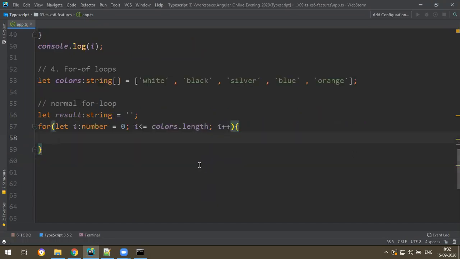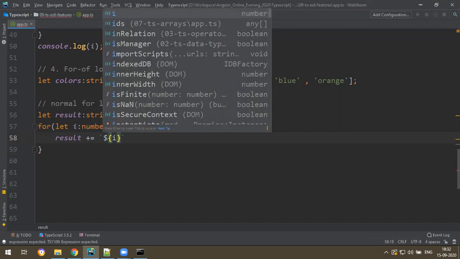Okay, so what you do? Sorry, less than length, or less than or equal to length minus 1, because the last index is 0, 1, 2, 3. So i less than length. Okay, so here what you do is result plus equal to, I use a backtick again.